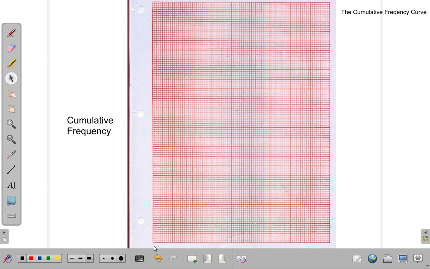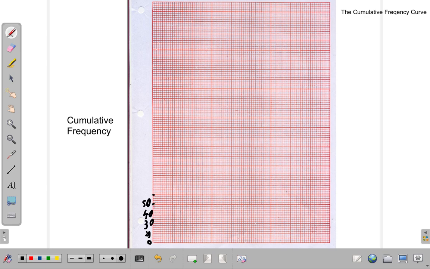You're not going to say that you're going to use a scale of 1 centimeter equals 20 units, because what will happen in that case, you would be saying 1 centimeter 20 units. So you'd have 0, 20,